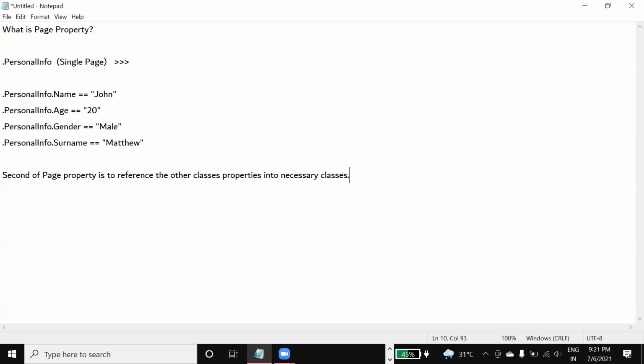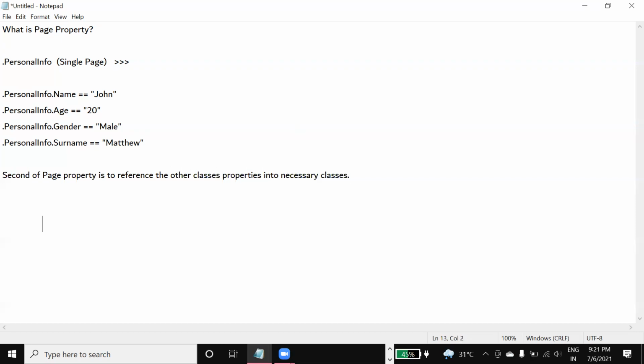If you want to refer to properties from another class which is not in the inheritance path, then using single page properties we can refer to those properties.